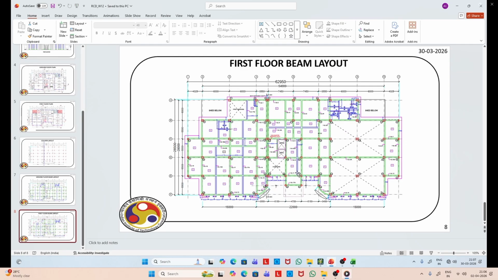Here is another secondary beam marked blue, as you can see in the drawing.